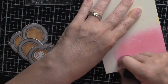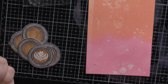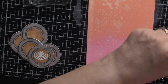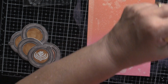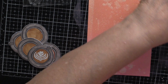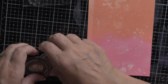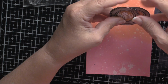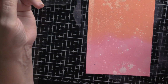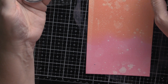Now it would be very interesting just to leave it like this, but I would like to give this to someone, so we need to put a little bit more on it. And what I'm doing here, I have colored with my Copics the top-down cup of coffee,